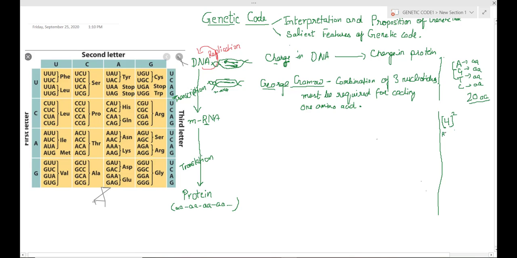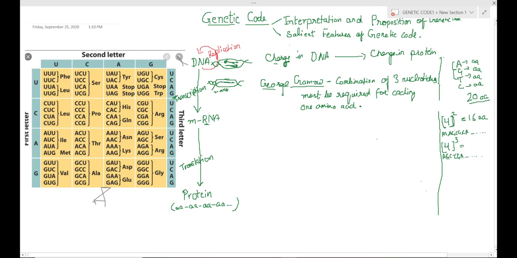like AG, AC, CG, CA, there can be 16 combinations possible. So only 16 amino acids will get coded. If we take a combination of 3 nucleotides, for example AG, C, CG, A,